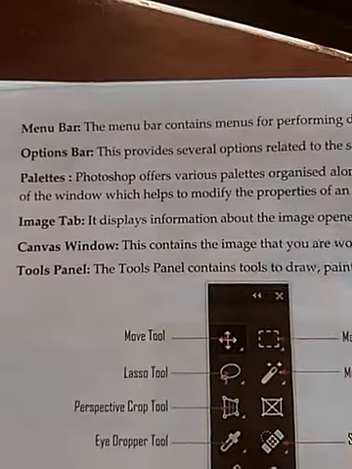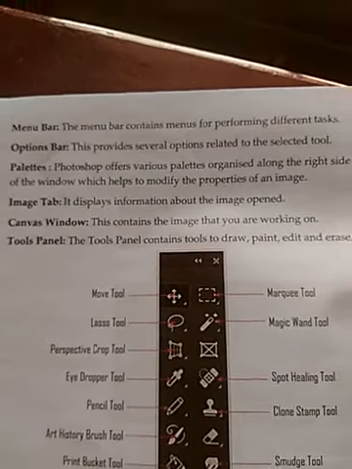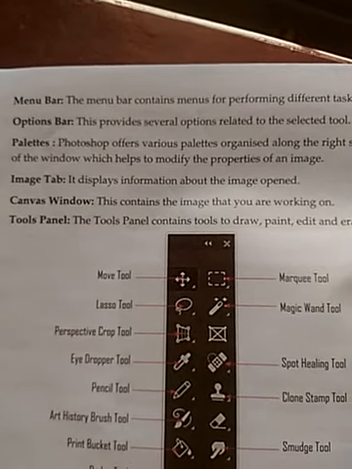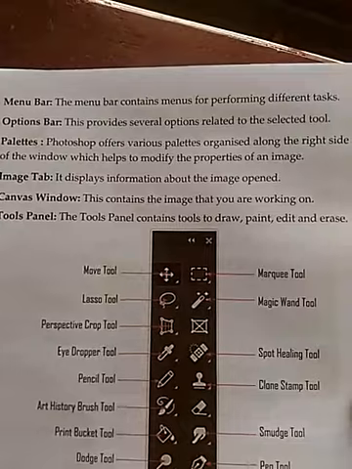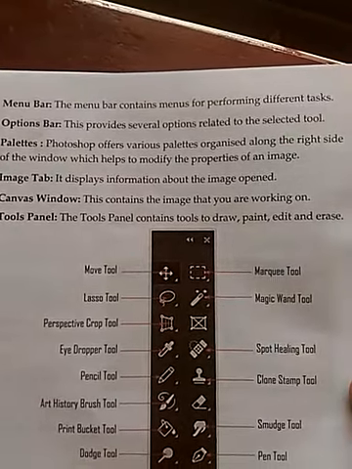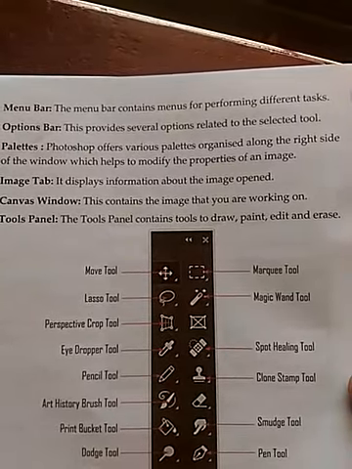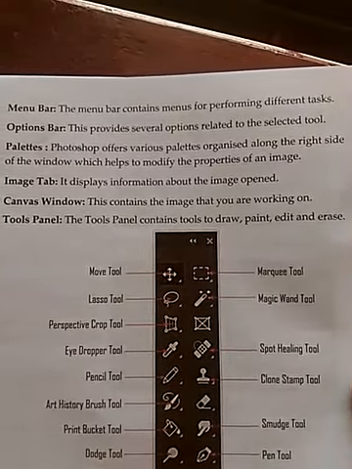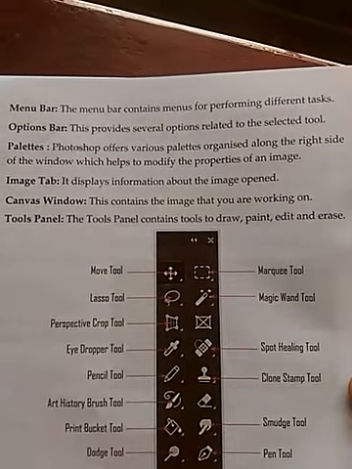What is the menu bar? The menu bar contains menus for performing different tasks. The option bar provides several options related to the selected tool. Palettes: Photoshop offers various palettes organized along the right side of the window, which help to modify the properties of an image.